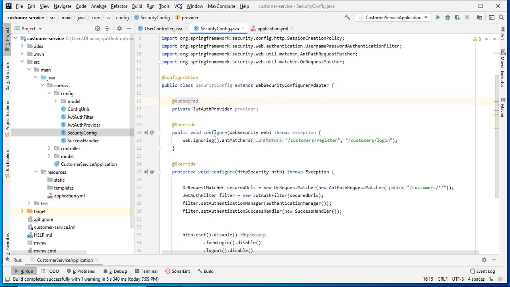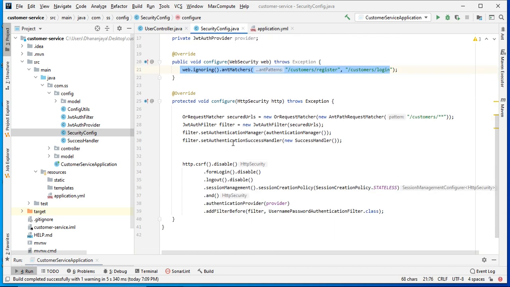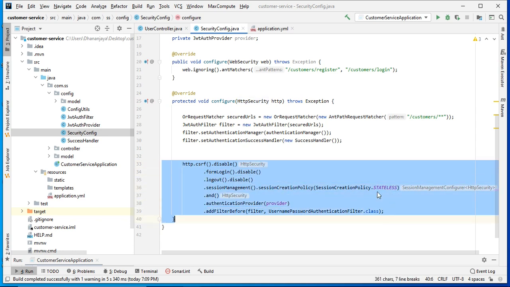After that we need to override two methods: configure with WebSecurity, where we give the ignoring endpoints, and configure with HttpSecurity, where we write all our security related configuration.